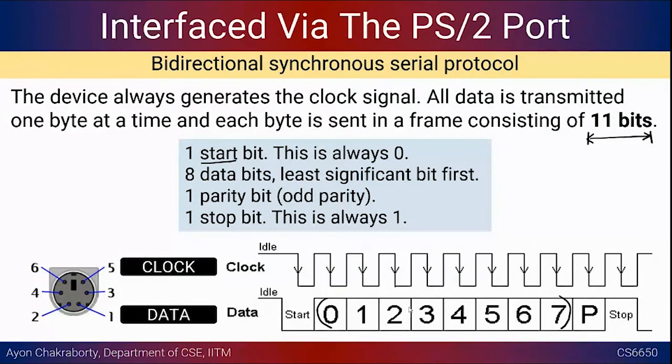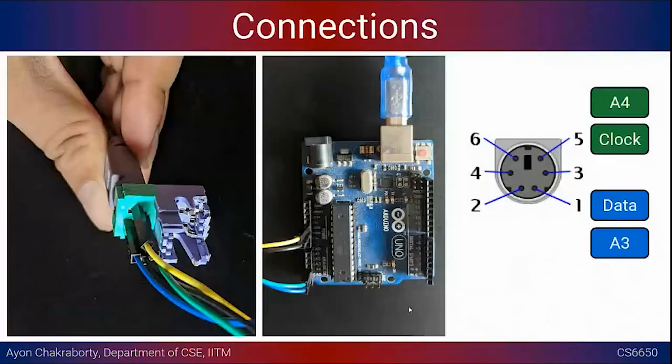Okay. So we'll just try to send out this data and then read this data from our keyboard in a microcontroller. In this case, we are trying to read this data in this Atmega 328 microcontroller. Okay, so this is the connection. I just got hold of an old motherboard where you can snap this particular kind of connector, or you can directly glue them right to these pins. It is a very simple connection. We just connect the positive voltage 5 volt and ground, and on the lower part we have connected the data and clock pins to A4 and A3 pins.